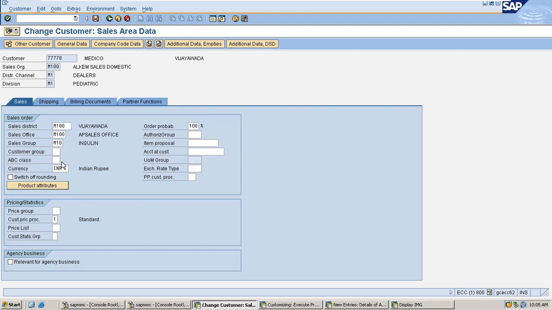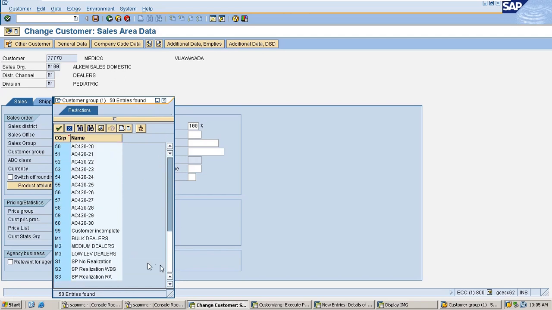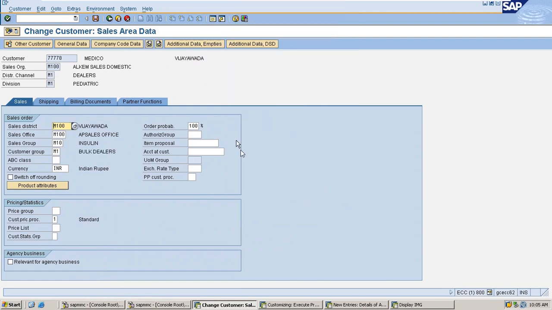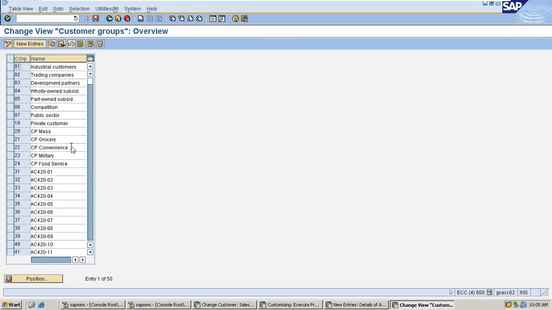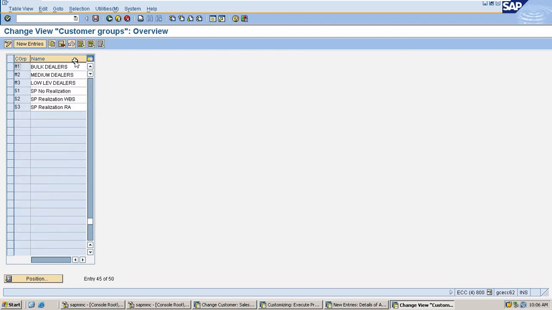But if we would like to further classify the dealers, like bulk dealers, medium dealers or low dealers, we can create some customer groups and assign them. Here we have created M1 as the bulk dealer. So if you would like to create the dealers, here you can define new customer groups. So M1 bulk dealers, M2 medium, M3 low level dealers, like this.